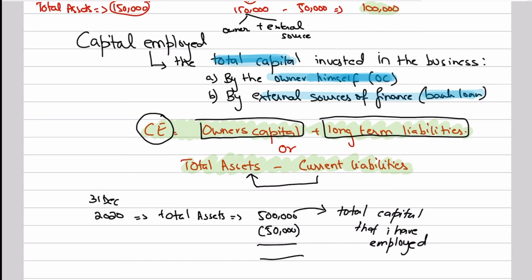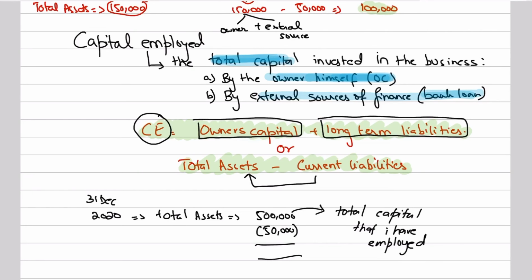So that means that there will be an outflow of cash in the coming 1 year. So I'm going to deduct that current liability from 500,000, because although 500,000 is the capital that I have employed in the business, I also know that 50,000 will represent an outflow of cash in the next 1 year. So the total capital that I have employed in the business is going to fall, and hence I'm going to say that my actual capital employed, or the correct capital employed, is not 500,000 but it is